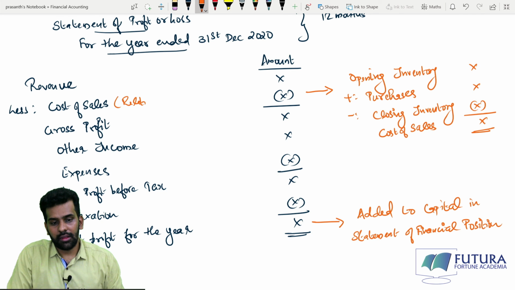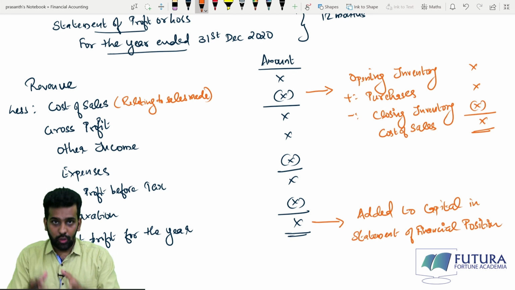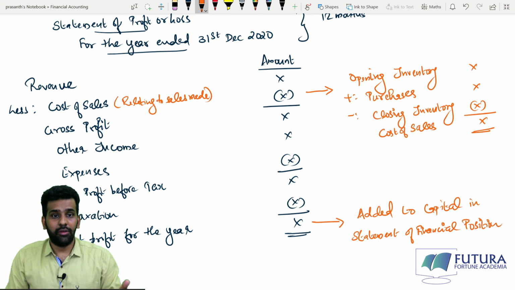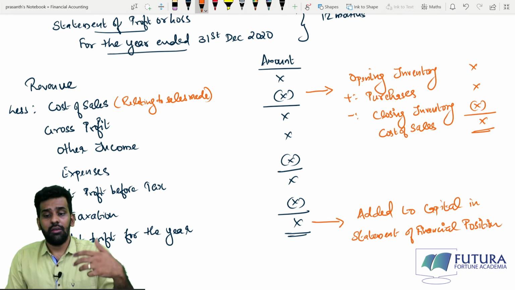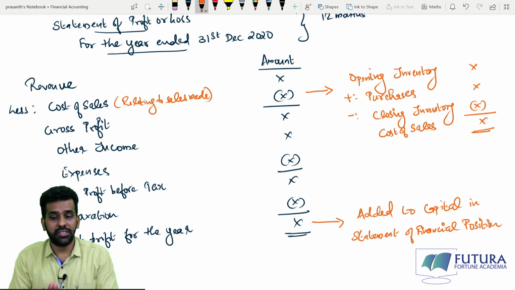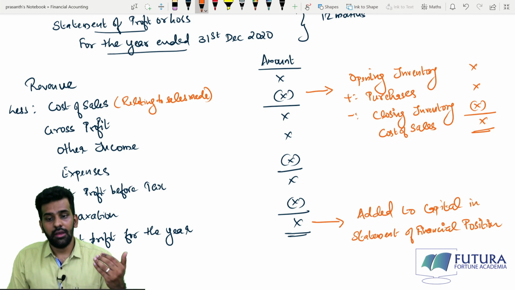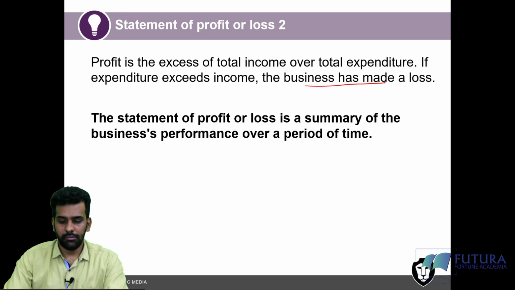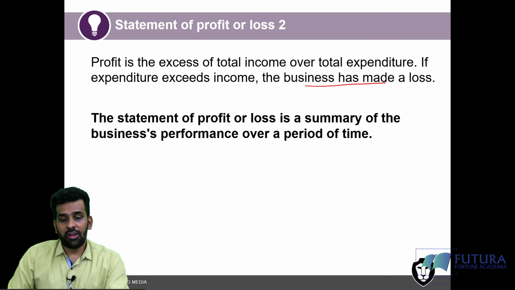That's why it's called cost of sales. And this is what we're going to learn in the upcoming chapters: how you calculate your cost of sales, what is an inventory, what are closing inventory, purchases, etc. But for the time being, just remember this concept. Your cost of sales would include your opening inventory plus purchases minus your closing inventory. And the entire amount of cost of sales is relating or matching to the revenue that you have made. The statement of profit or loss is a summary of the business performance over a period of